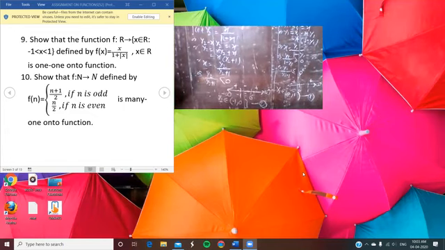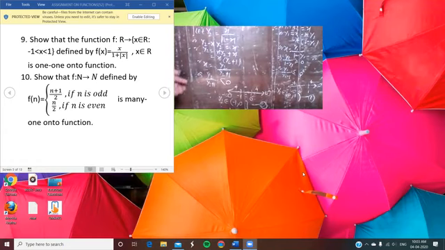To prove the onto function, we have to use the second method, that means trying to find the range of the complete function and check whether it is equal to the codomain of f. And here the codomain is already defined: f maps to x belonging to R where x is greater than -1 and less than 1. If you obtain such a result, the function is automatically onto, and in this way your question is proved. So let us check it.